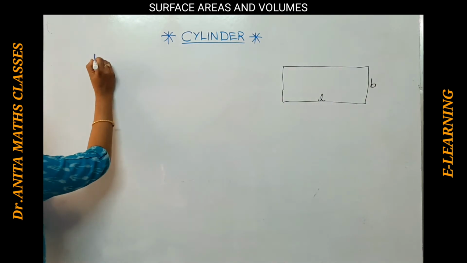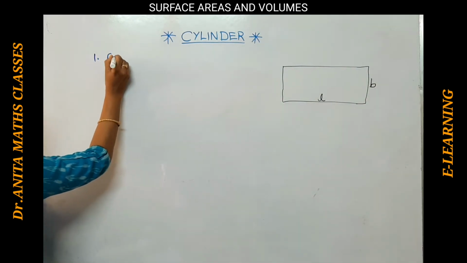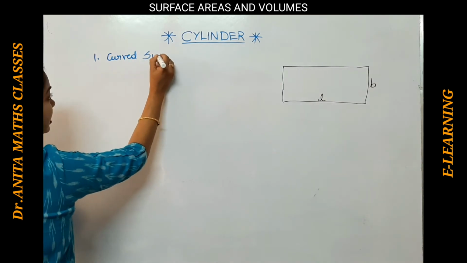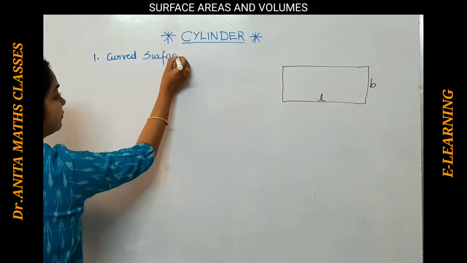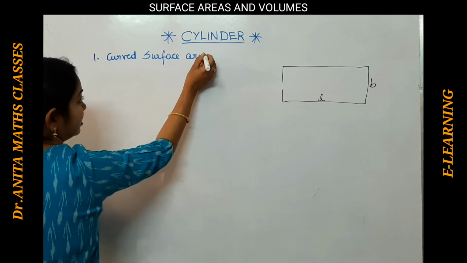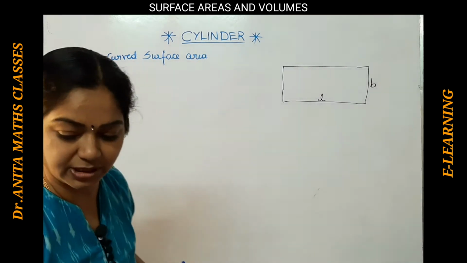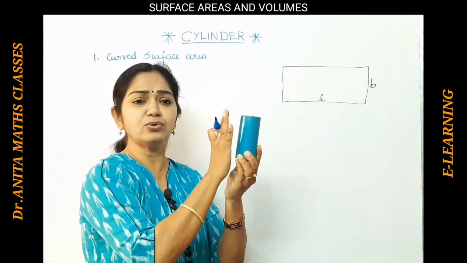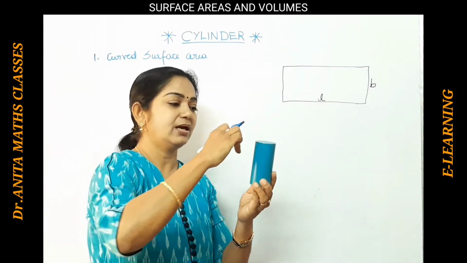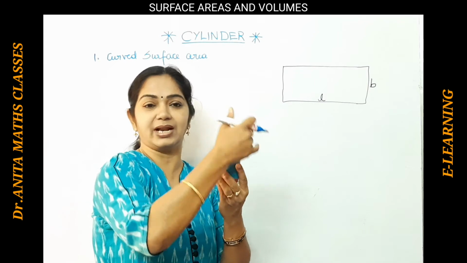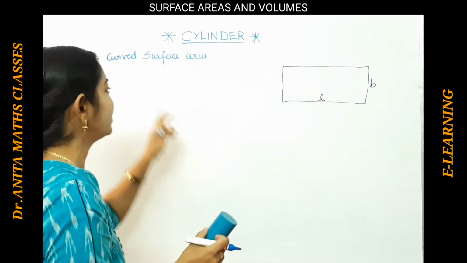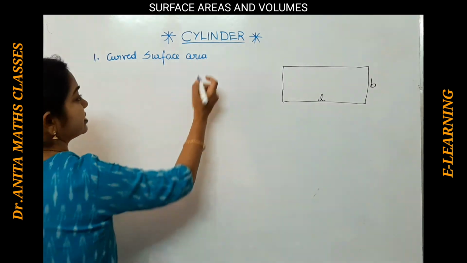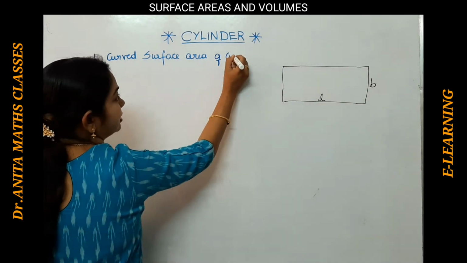Now, we have both surface areas. So here we are writing the curved surface area. We are not writing the lateral surface area because when you see the object here, there are no lateral faces, right? It is all curved, round. So this is specifically called a curved surface area, right? Curved surface area of cylinder we will know now.